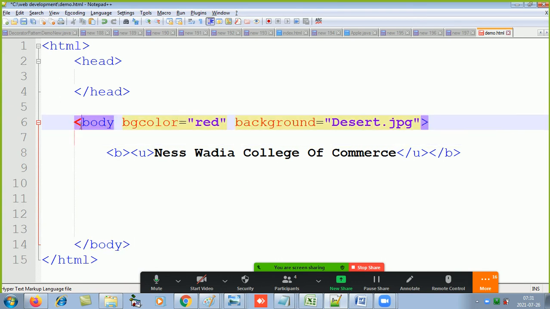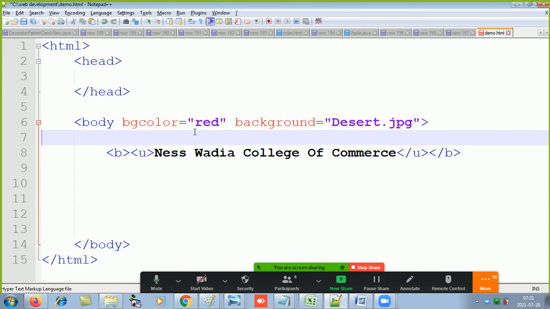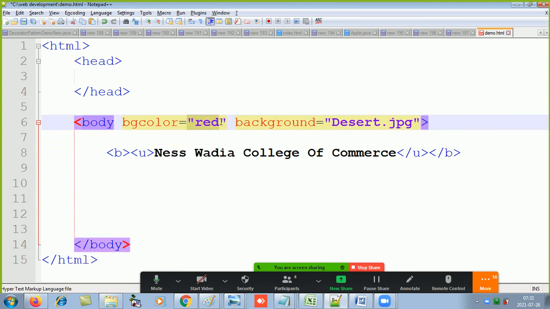So one element can have more than one attribute, but one attribute will have exactly one value. You can't have more than one value for an attribute. You can't have color red and orange. Am I understood? This is not possible that you give two values.